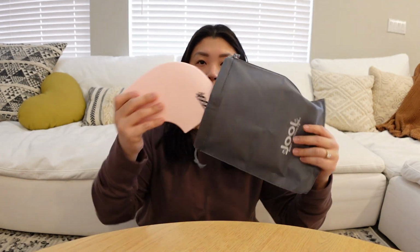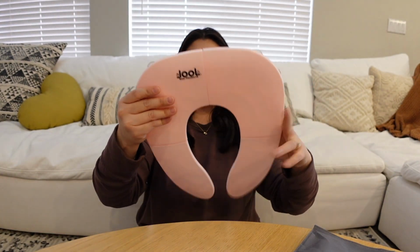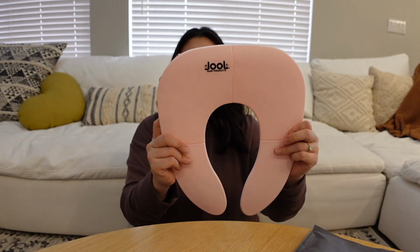So the first thing is I got the Jewel potty seat. It's very compact. It folds and unfolds like this. It has some suction cups, which I don't necessarily think I will need, but obviously still good to have. So I got this one, and it comes with a little pouch. So what I also got is